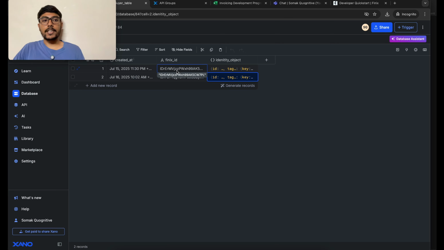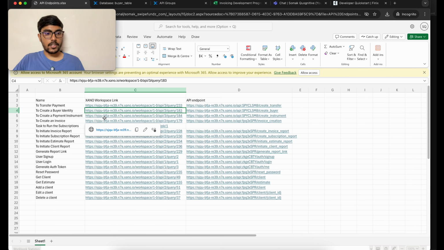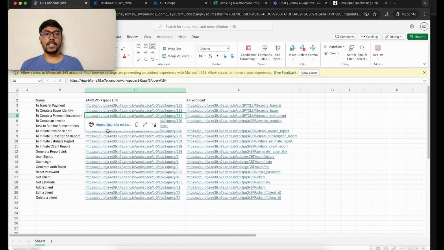What we want to do next is create the payment instrument. For that we have another table, API endpoints. Now, due to GDPR compliance and other security measures, Xano is not yet, I'll say, most suitable for storing credit card information for customers. That's why we are using Phoenix Payments Gateway to store that information. So for that we'll use this endpoint,